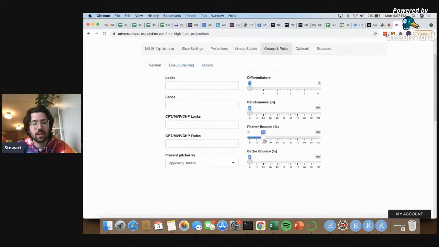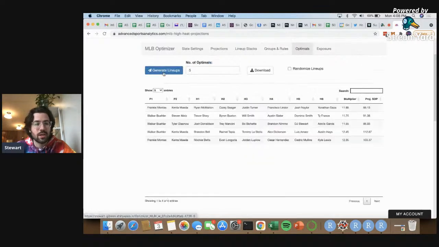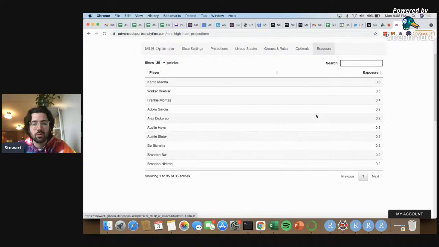And then you can do it for pitchers and hitters. So you could do something like 25% bounce if you wanted to be super diverse at pitcher, but maybe have a little more restrictive hitter pool, you could set hitter bounce at 10%. Keep in mind, though, that there are more hitters. Relatively speaking, 25% bounce on pitcher means that they're still only competing with, on a 9-game slate, only 17 other pitchers. A 10% bounce on hitter, they're competing with like 8 times 9, 70 plus hitters. So, something to note. But anyways, you can see how the bounce on hitters will promote a little more diversity